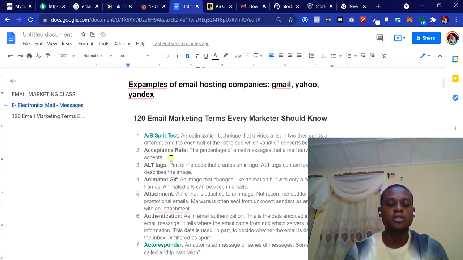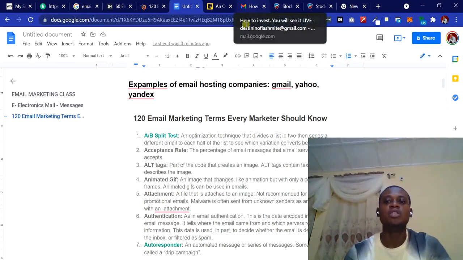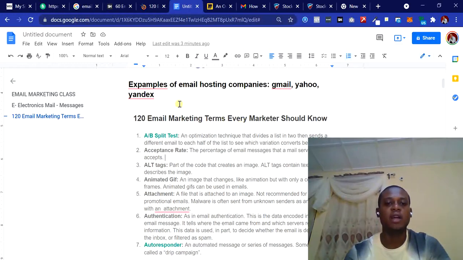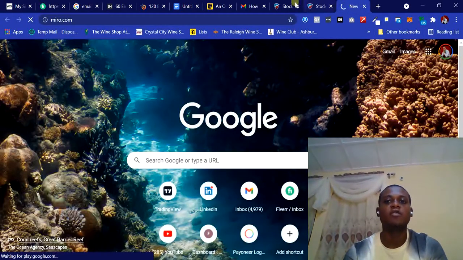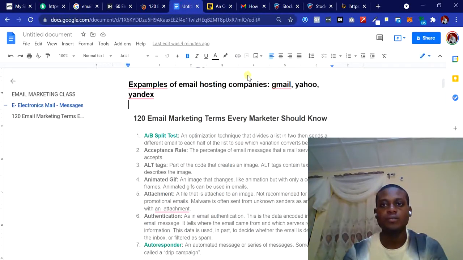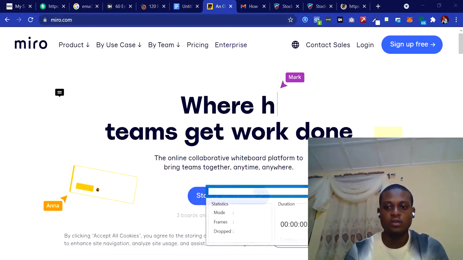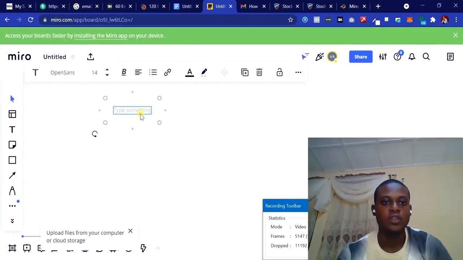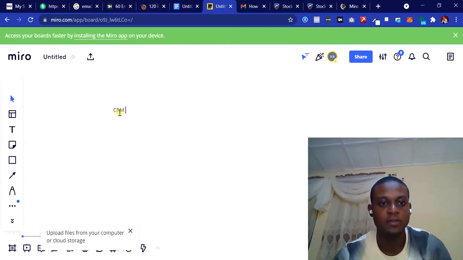Now, the second terminology you must understand is the acceptance rate. When you create a campaign message, you will need a CRM platform to be able to send out an email campaign. We have different types of CRM platforms,